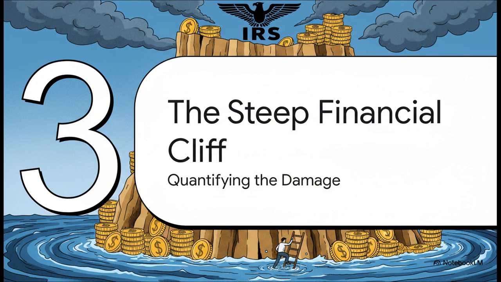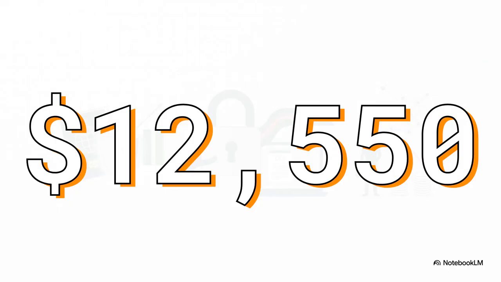So what happens when this goes wrong? Let's talk money. Let's really look at the real-world financial damage this can do. Because when the IRS spots this mistake, the drop-off from that financial cliff can be incredibly steep. Let's put a real number on this: $14,600. For a single person filing in 2024, that is the standard deduction you probably claimed if you used the wrong form. But as an NRA, you most likely had no right to it. Taking a deduction you're not entitled to, that's a massive red flag for an audit. And it means, right off the bat, you've underpaid your taxes.